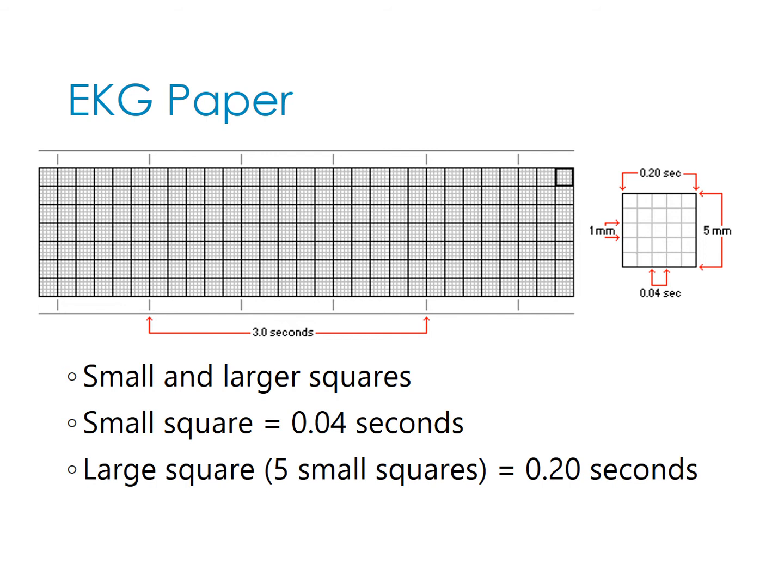But for all intents and purposes, while we're practicing on your exams, everything will be a 6-second strip. Okay, so there's no trying to trick you with that. We're going to interpret everything on 6-second strips. So anyways, we practice with strips of 6-second duration because then it's kind of easy to figure out how fast